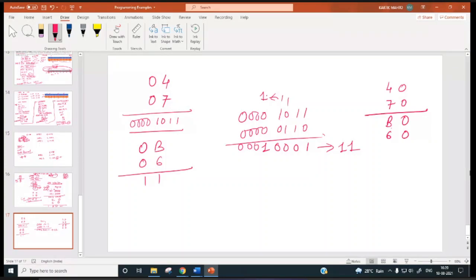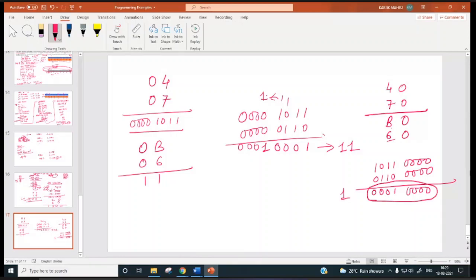B is 1011, 6 is 0110, the sum is 1 0001. So this is 10 and the carry is 1. So in total you can think of it now as 110.